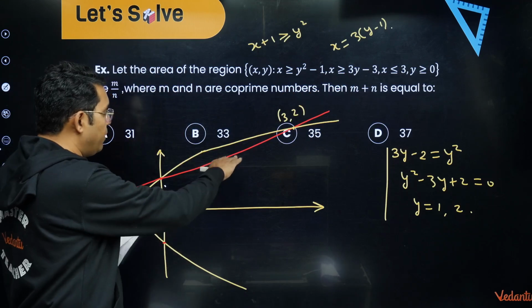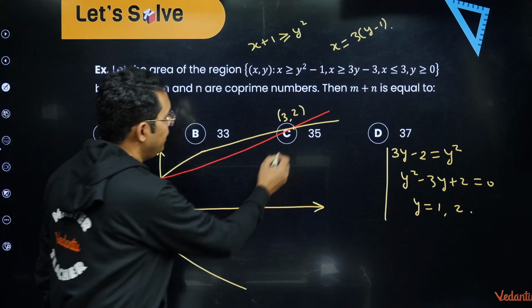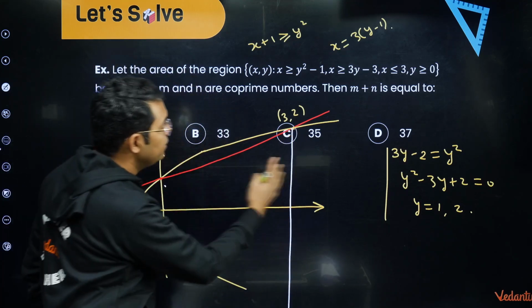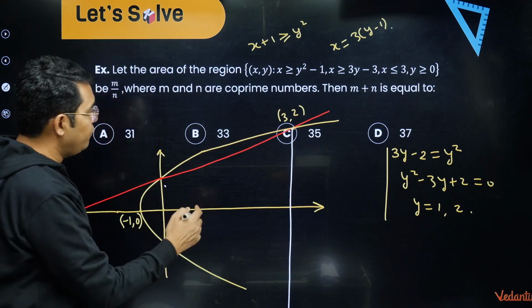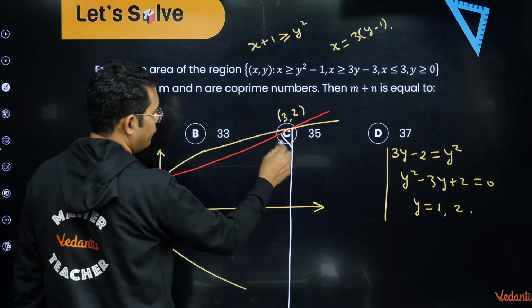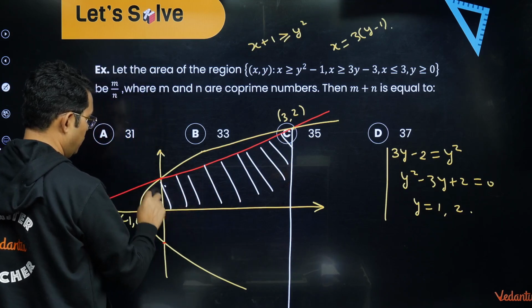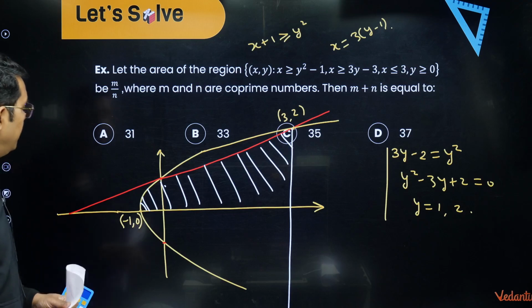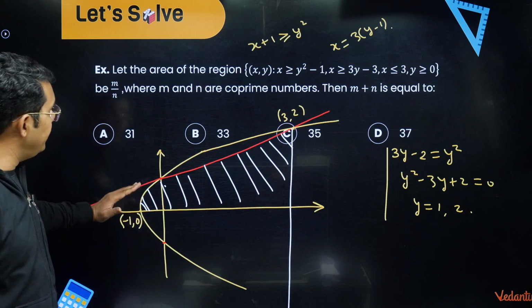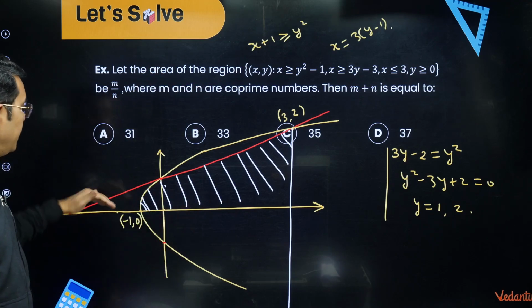So we are talking about the region that is lying below the straight line, and then x less than or equal to 3 and y greater than or equal to 0. So I think overall they are talking about the area from this to this. Let me once again check. It is inside the parabola, it is lying below that line, and x less than or equal to 3, y greater than or equal to 0.